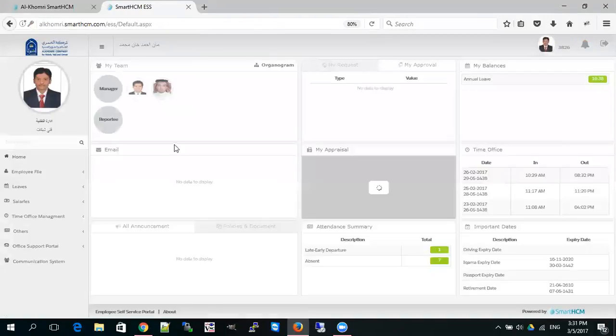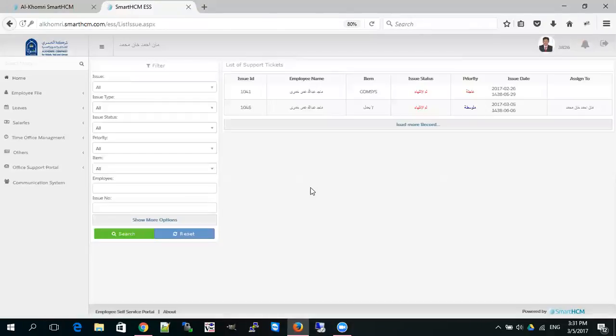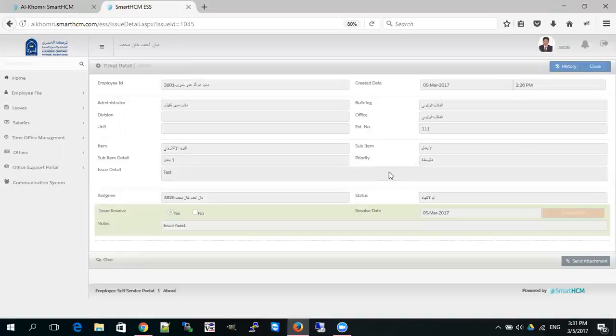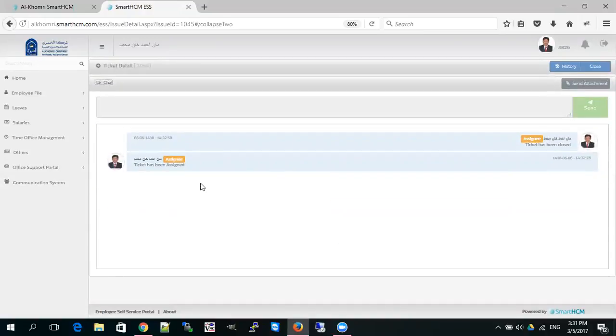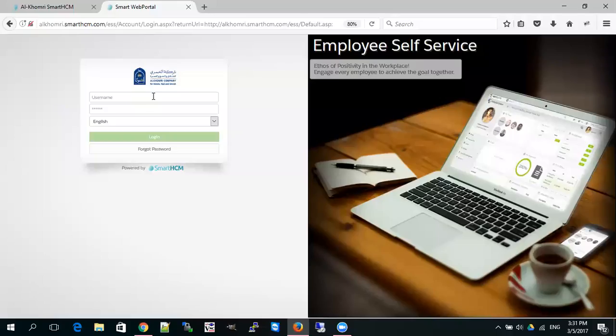I will log in from a specialist user, and I will go to the list of support details. Okay, since this is not related to him, it is not showing here. Otherwise, if it is related to this guy, it will show here. The chat you will see here, whenever anyone sends a message. Whenever the admin or specialist closes, he can send any message to the concerned person, or the concerned person who created a ticket can send a message to him. So for example, if I log out and I log in with the same ID,